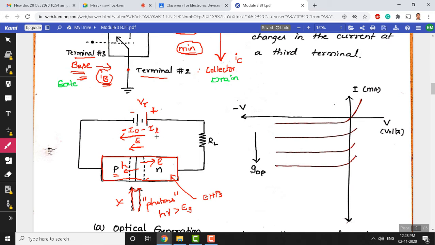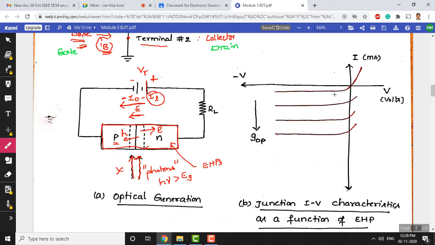This is nothing but the current due to the illumination, and that current will start flowing. As the number of photons falling on the junction PN region surface increases, this quantity IL keeps increasing, and you get more and more current here. That means the amount of energy delivered by these photons is proportional to the current IL here. Now, we can arrive at these characteristics.